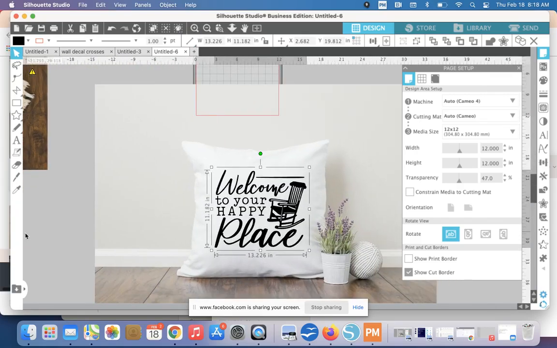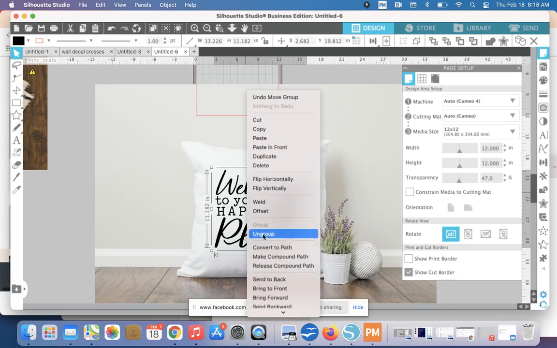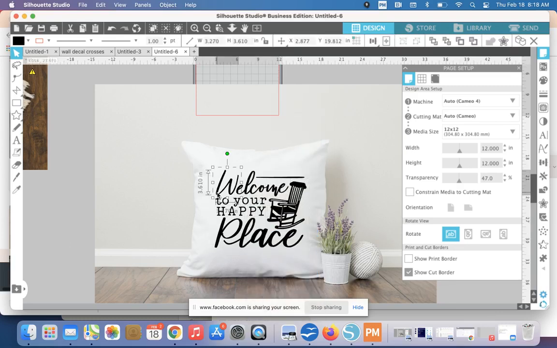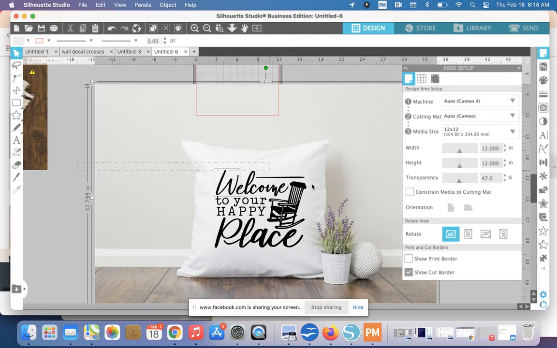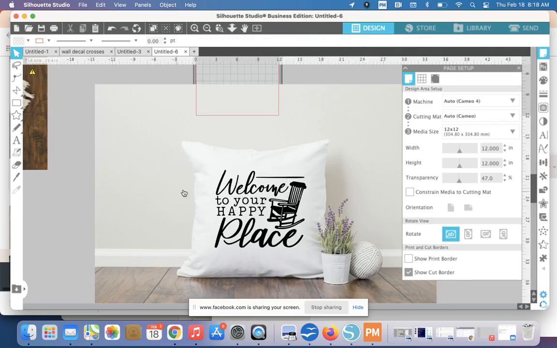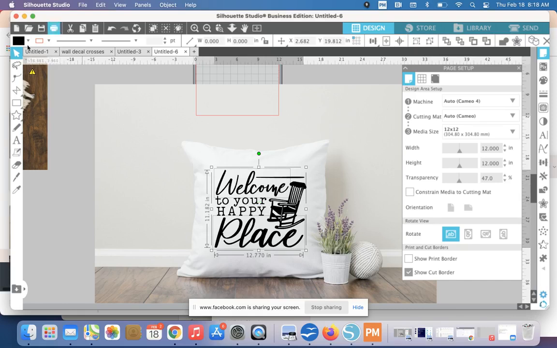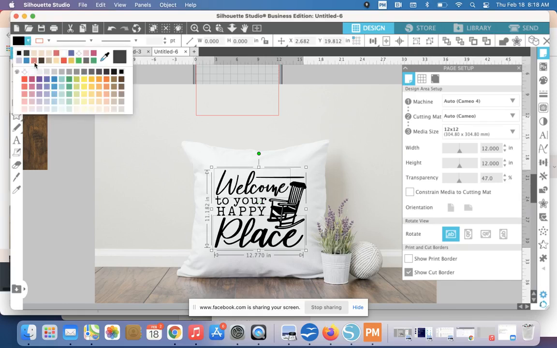So a few things. First, do I want to do this all in black? Depending on what you're making the mock-up for, you might want various colors. You might want to decide, maybe I want "welcome" and "place" to be in a different color, but I'm not really sure. So in order to decide, you can simply select the design, and this one, for some reason, is all ungrouped. Oh, it's just the W and the rest of the word. Okay, so I'm holding down. I'm going to group those together so it's a little bit easier, and then I'm going to group this as well. So now let's say we want to decide, you know what, let's see what it looks like if we do those in